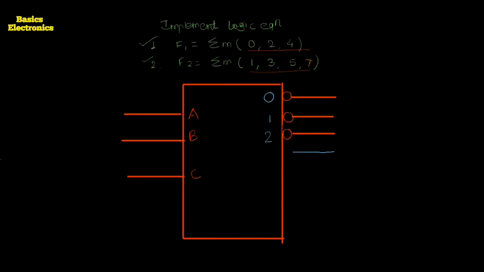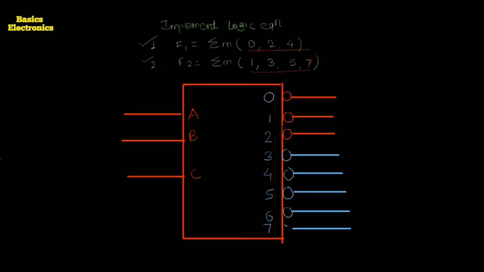So here this is one line, then the next line, and one more line. The first line, second, third, fourth, fifth, sixth, and the last one is line number 7. We have to apply the bubbles. Here is a bubble, here is a bubble, here we have to apply a bubble, and here one more bubble we have to draw. Okay, now what do we have to do after this?